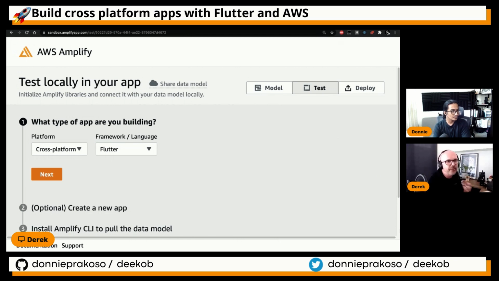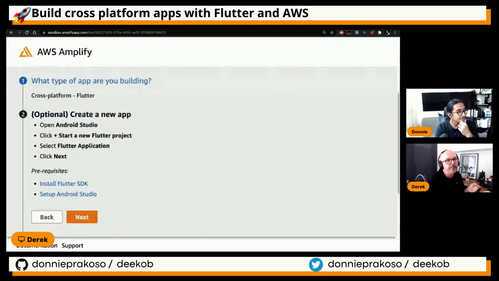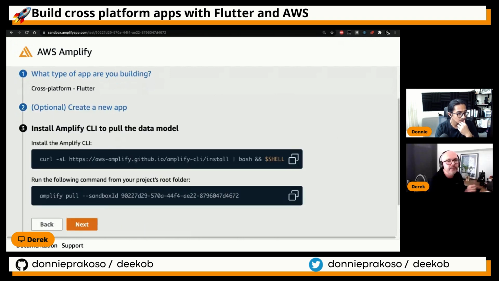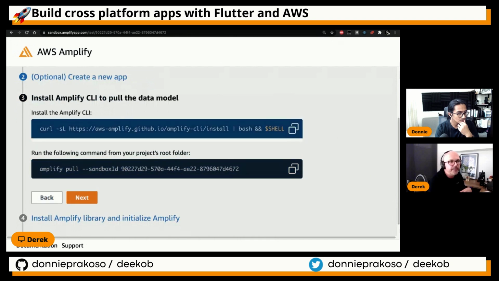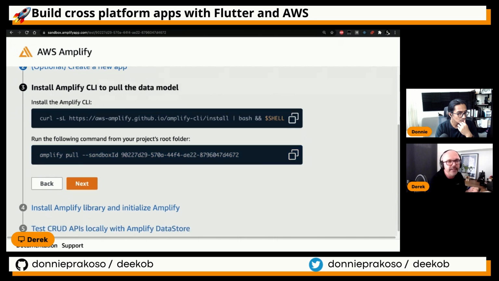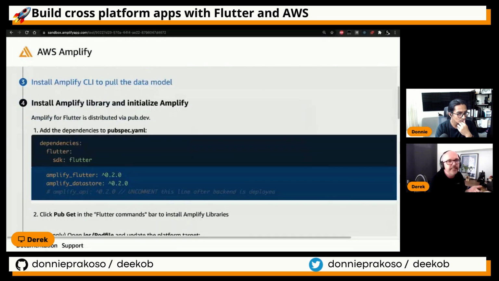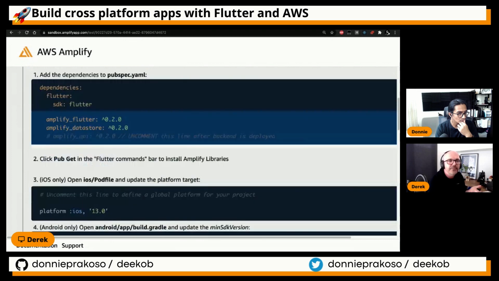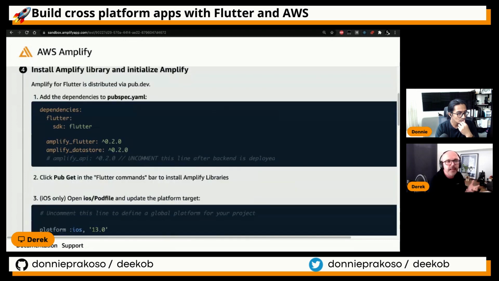It will take me through steps of how I can integrate the Amplify libraries into my app. So it's picked up cross-platform Flutter. I could also have native. I could go web, but I'm going to do Flutter today because that's what we're talking about. If I didn't have an existing app, it would take me through the steps of how to create an app. But I've got an existing app. It would then take me through the steps of how to set up the Amplify CLI and how to pull down this configuration. And then the next bit is how to set up the Amplify project to use DataStore,